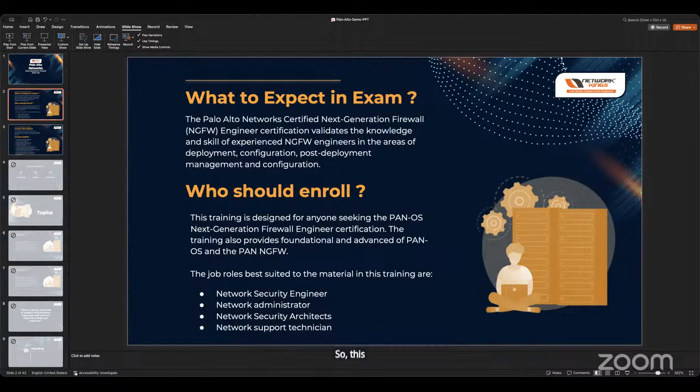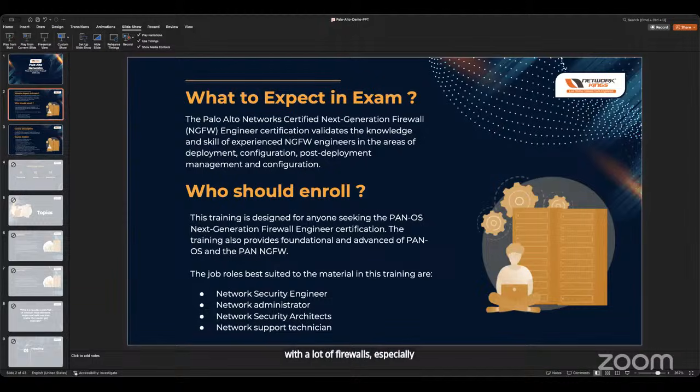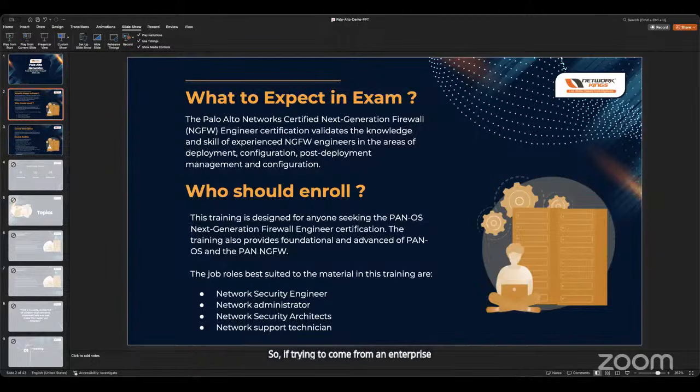So this is primarily designed, or I would probably work this way up from the foundation and all the way up to some of the more advanced topics as well, which we would be talking about and discussing throughout the sessions. So this is geared towards people who are trying to move into security, people who might not have a lot of security experience and they're trying to deal with a lot of firewalls, especially Palo. Palo Alto is implemented, deployed quite a lot across enterprises, on-prem as well as in the cloud nowadays. So if you're trying to come from an enterprise background or from any other networking background,